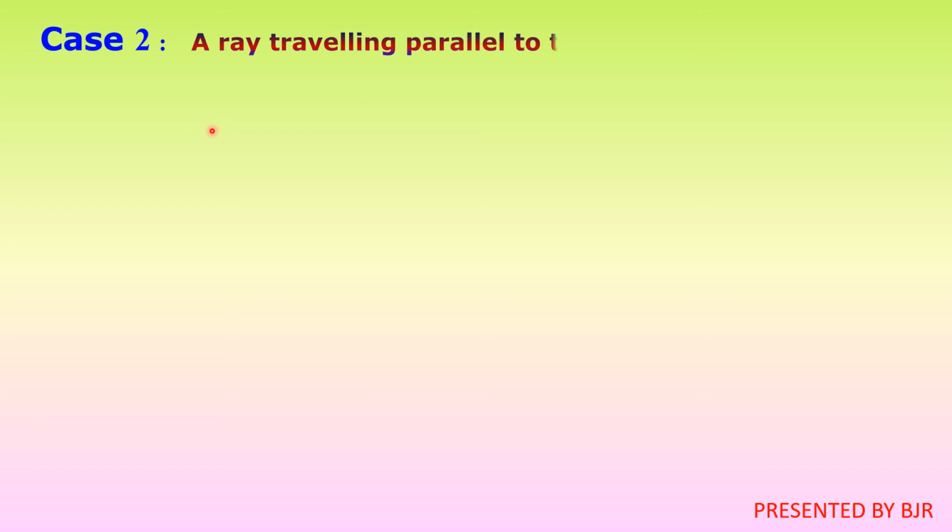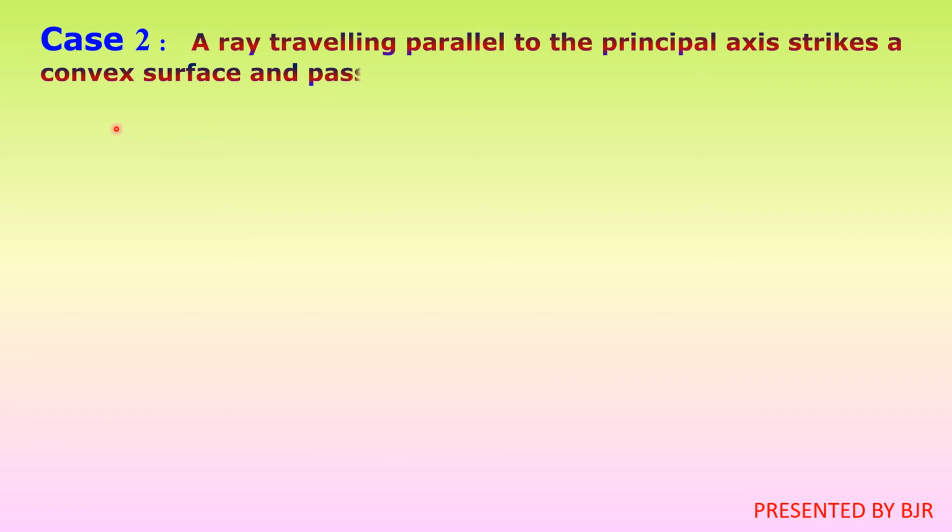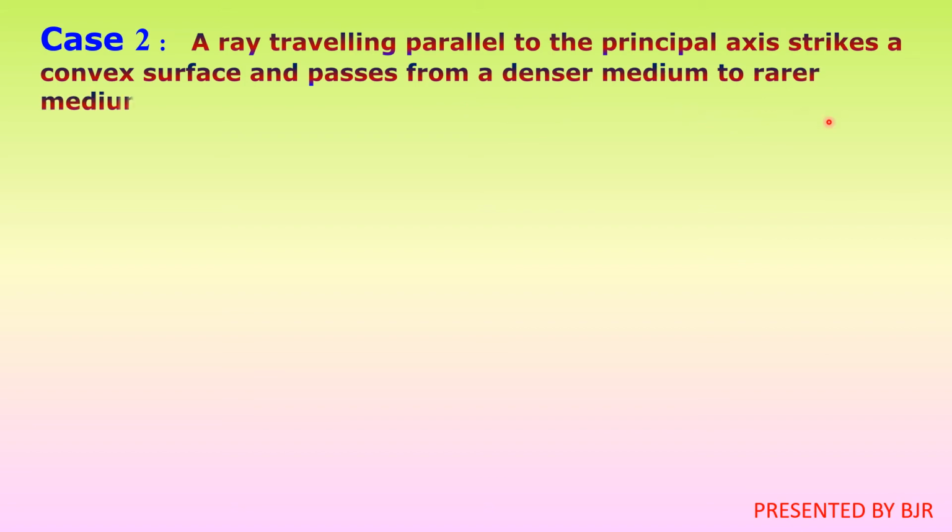Next, case 2. I am going to show you the behavior of this ray. A ray traveling parallel to the principal axis strikes a convex surface and passes from a denser medium to rarer medium. This case is exactly opposite to the first case we have learned so far. Okay, see here,